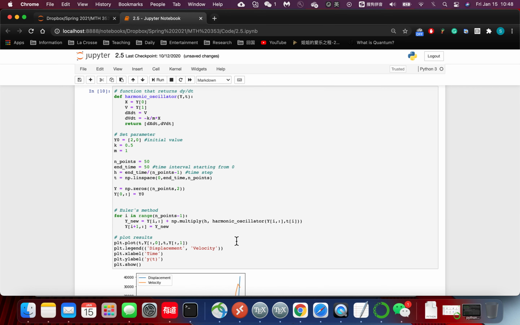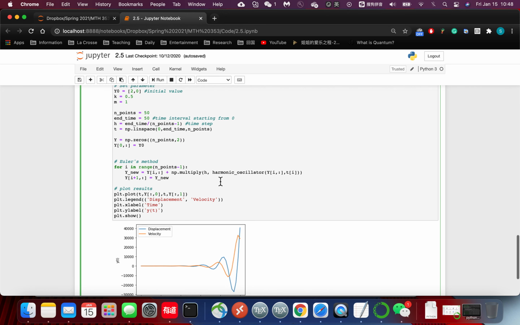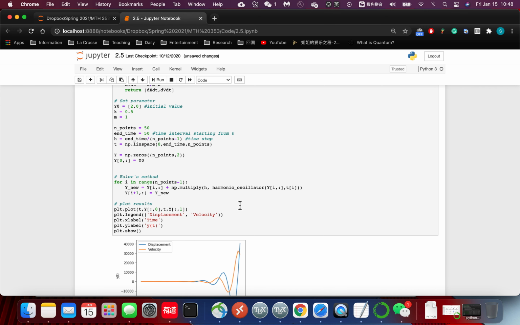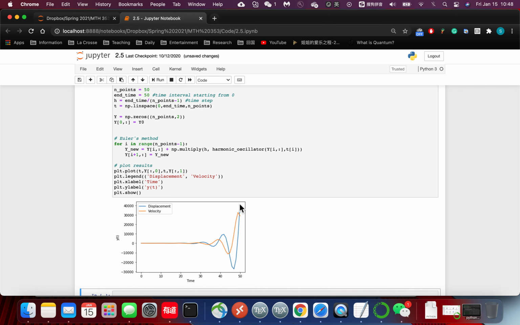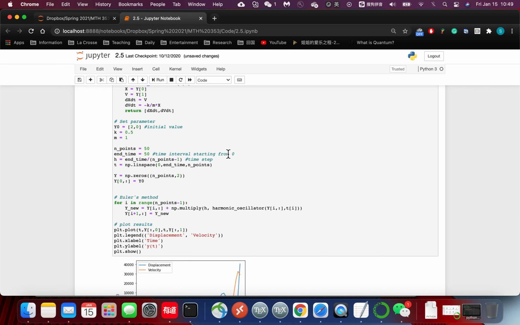Another more straightforward thing for you to see is the harmonic oscillator. Before we do this, we know this is going to be a sine cosine. So therefore you are supposed to have a wave, and the wave should have a constant amplitude. But if you just do 50 points with Euler's method, this is what you're going to get, which you may still say, well, that's all right, because clearly once I see that, I will know it's wrong. But then if you bump everything up to 500 points,